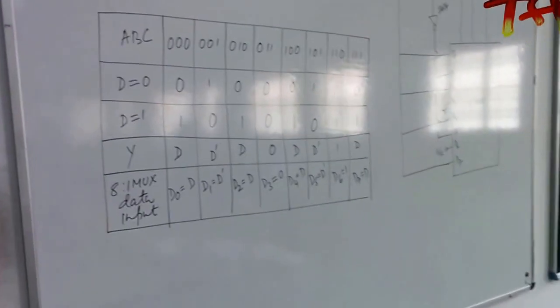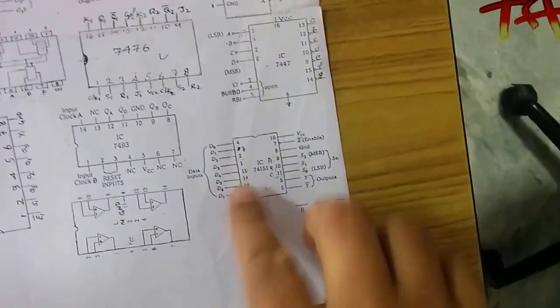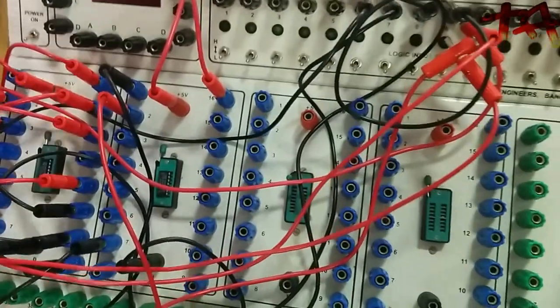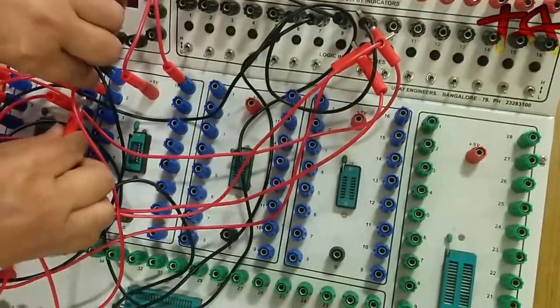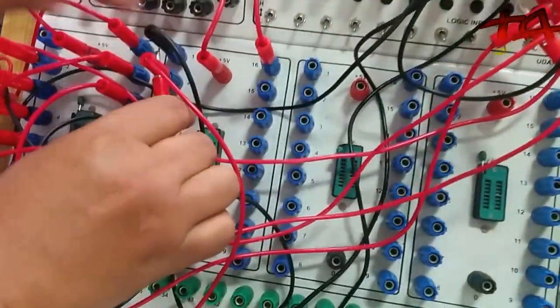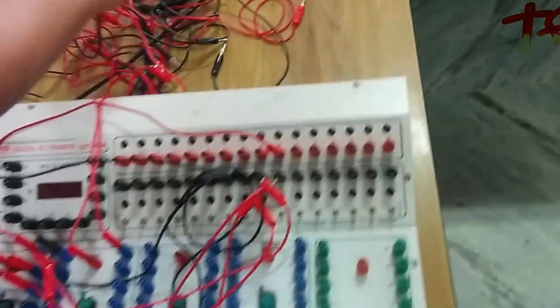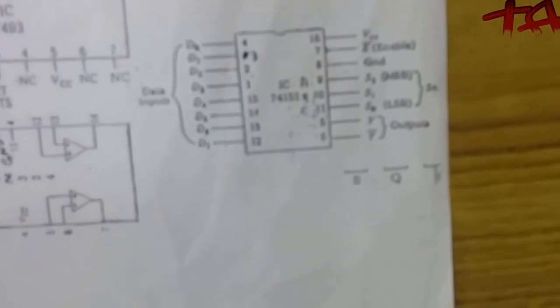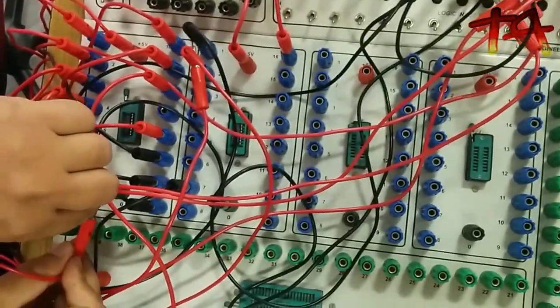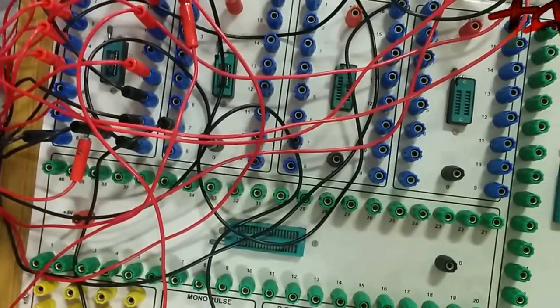And again, you can see another D bar input, D5. What is the pin number for D5? D5 is pin 14, and that also goes to D bar. Now I am coming to D3. What is the pin number for D3? D3 is pin number 1. It should be connected to ground.